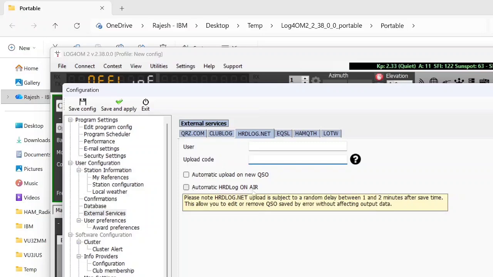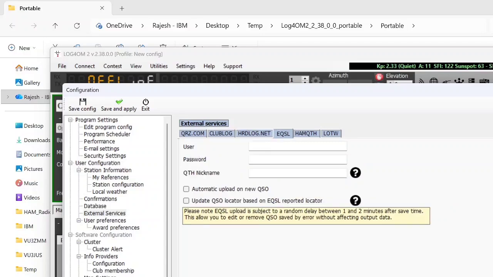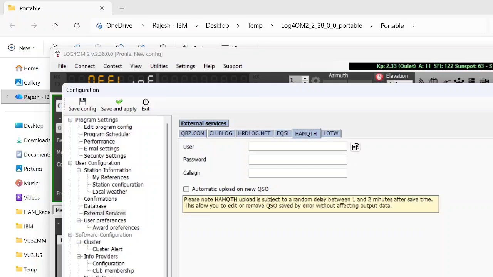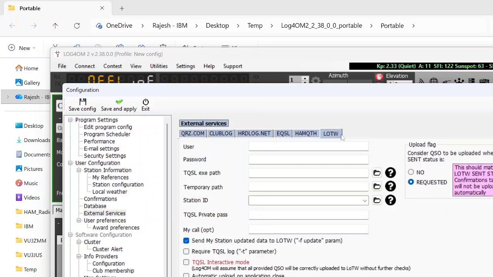And automatic HRD log on air also you can click here, so that it will show HRD log our live status. And we can configure eQSL, HamQTH, LOTW. We need to be careful here. For LOTW we also need to configure username, password, and here we need to select the